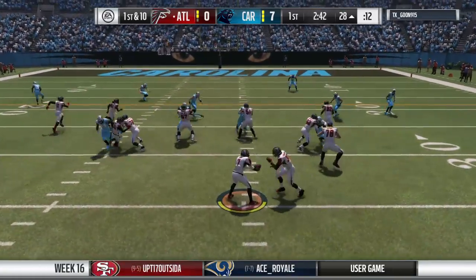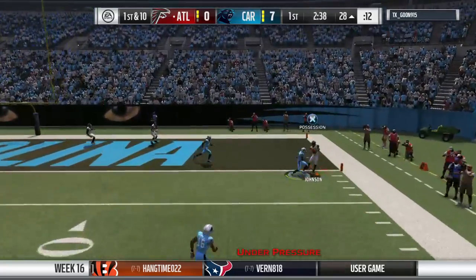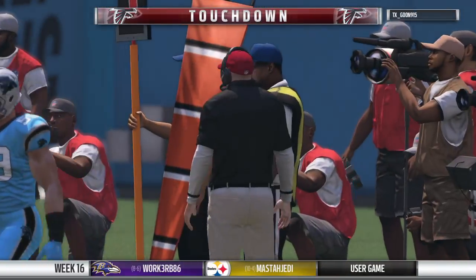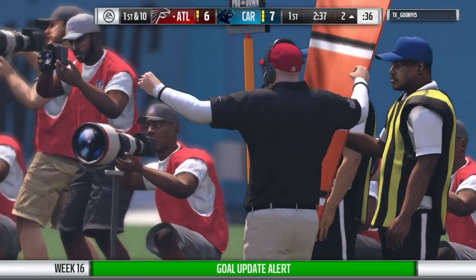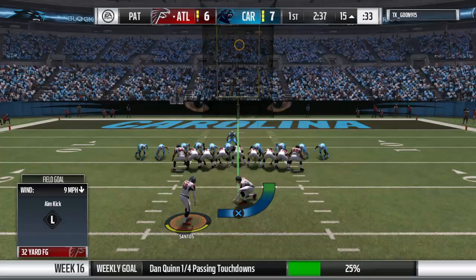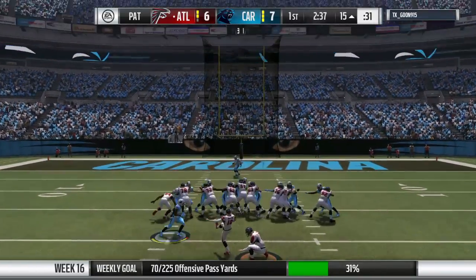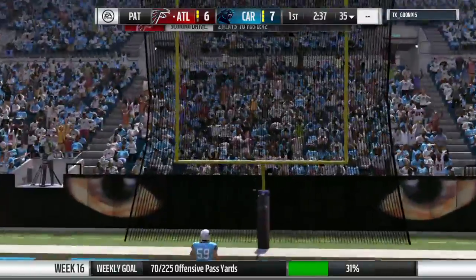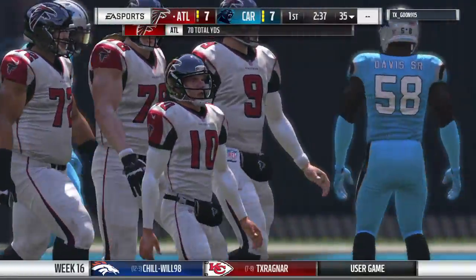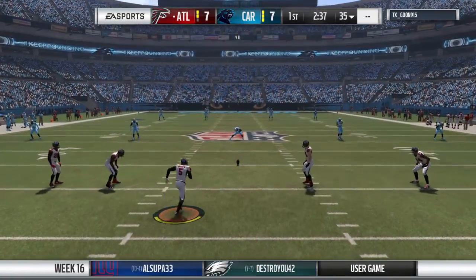J2. They go play action here on first down. Rolling to his right. And he is into the end zone for a Falcon touchdown. Their dangerous wide receiver, his 11th touchdown of the year. And the Falcons are an extra point away from tying the football game. It's good, and we're all tied at 7 apiece. So a tie ball game here as